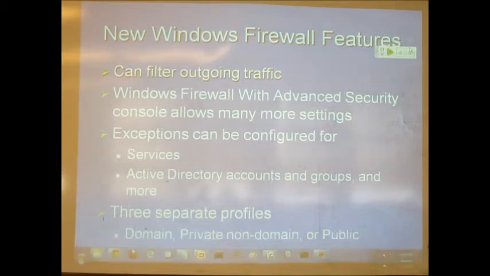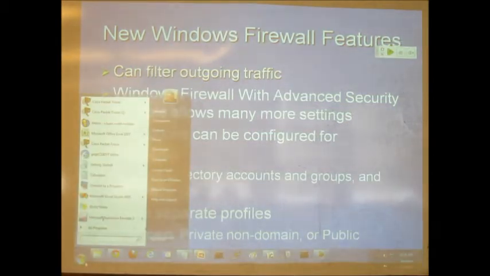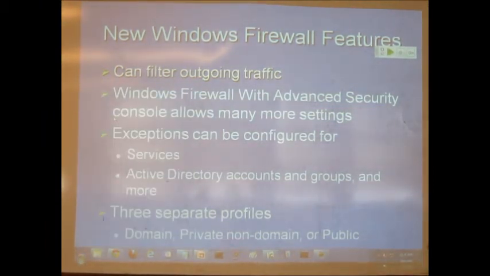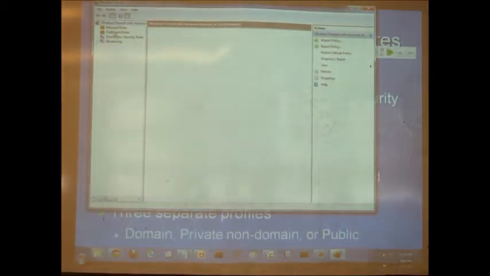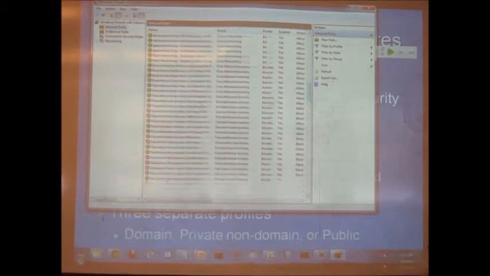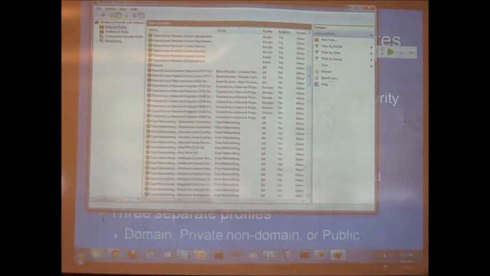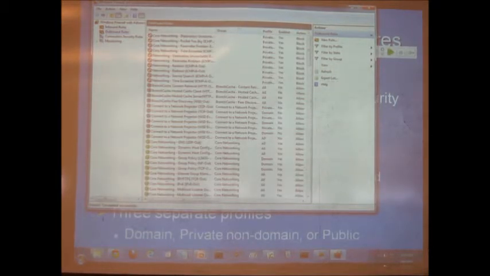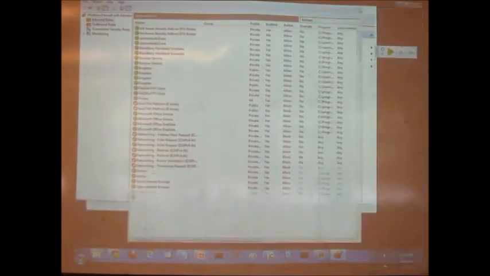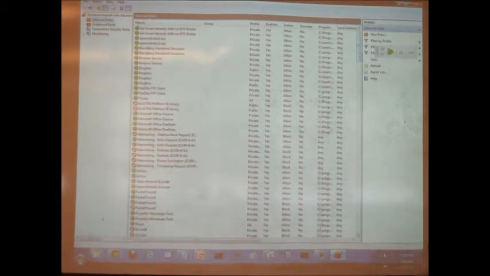And it has the advanced firewall console, which has a lot of settings. If you type in firewall, here's Windows Firewall with Advanced Security. This is the new one. This is as complicated as a Cisco router. You've got inbound rules, and there are dozens and dozens of them. And you've got outbound rules. And these are disabled rules and those are enabled rules. So for example, if you wanted your machine to answer pings, which it does not by default, then you have to find it here, and I think it's